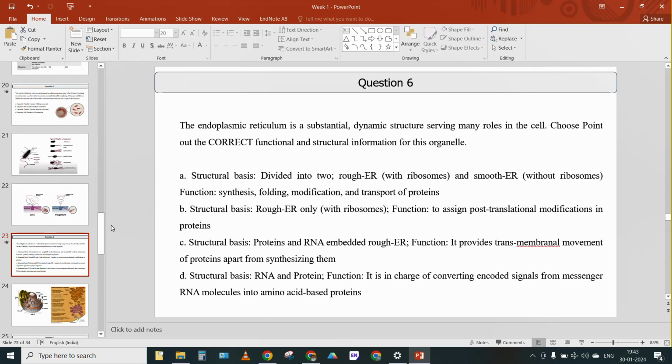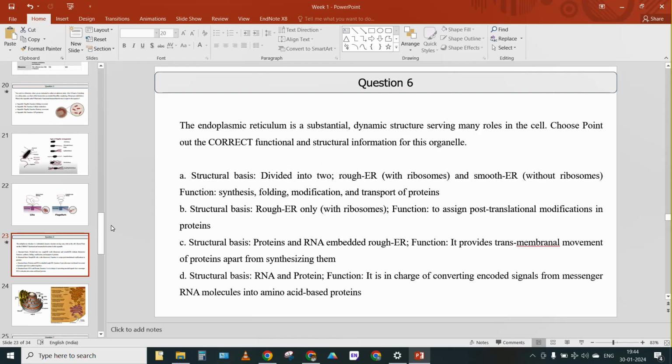So, would anyone like to explain it a bit with some solid statements? So option A, I think. Option A is correct. So, what are the reasons behind option A? Yes, because the endoplasmic reticulum is divided into two parts, rough endoplasmic reticulum and smooth endoplasmic reticulum. The rough endoplasmic reticulum helps in protein synthesis, and ribosomes are the protein factory, which are closely